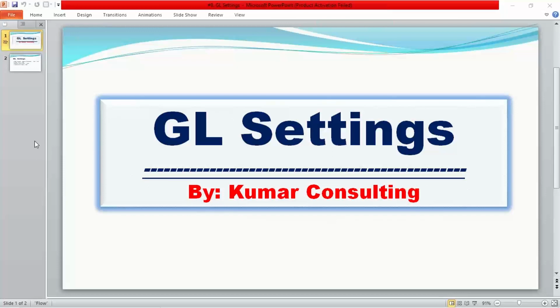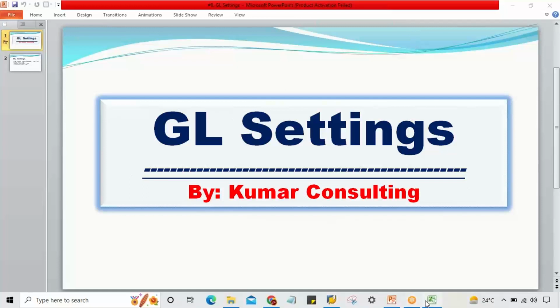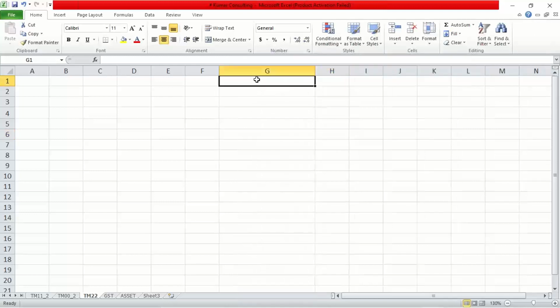Okay. So now if we talk about the GL setting, then we'll see what configurations we are going to do here and the control by those configurations. These are all things we are going to see in detail. Now if we talk about GL setting, guys, if you have a look in all my previous examples,